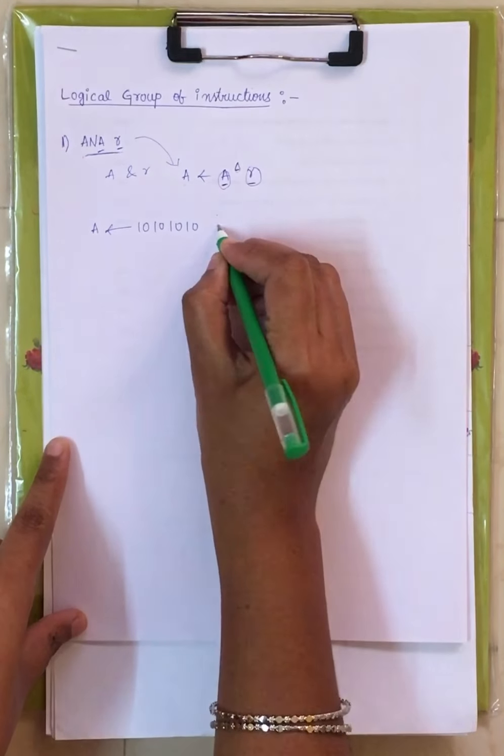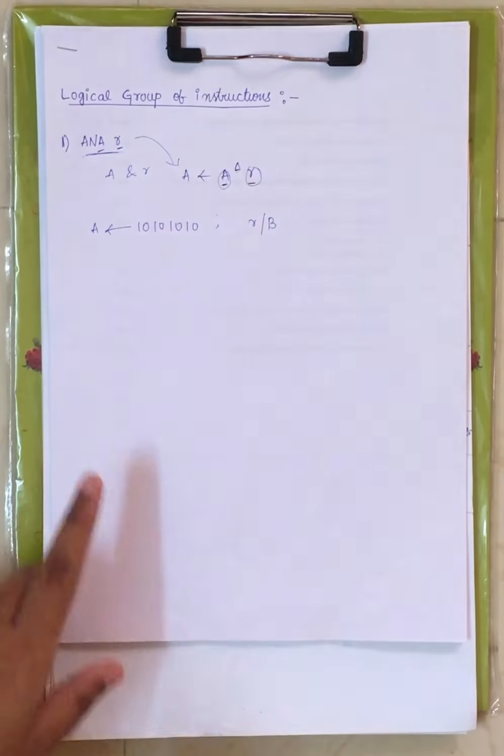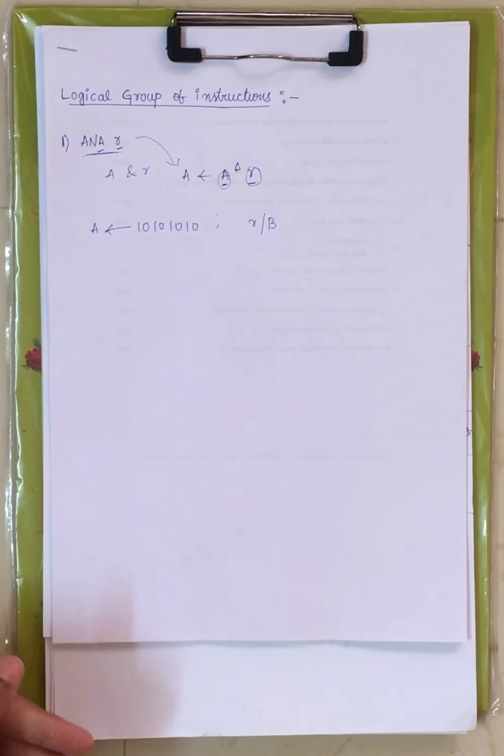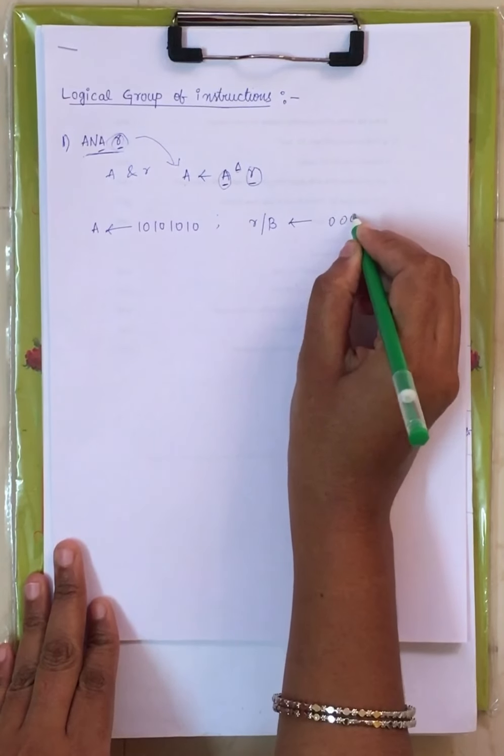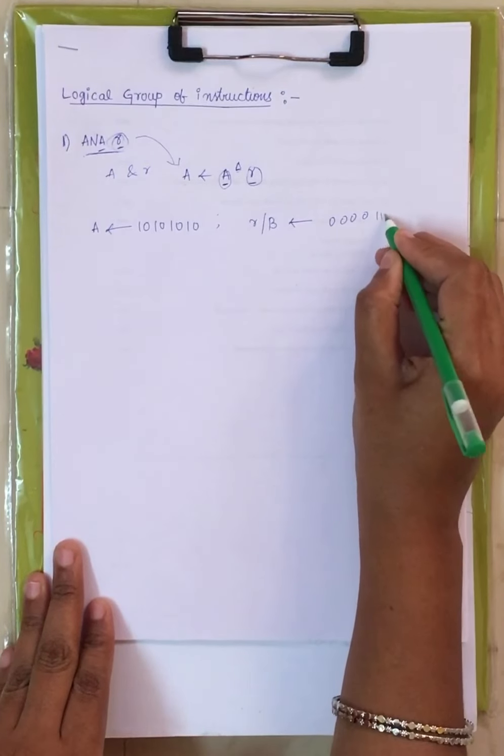Now let us assume the register R, or you can use B. You have B register, C register, D register, E register, and all these are 8-bit registers. B and C together we can use as a 16-bit register, D and E together as a 16-bit register, and similarly H and L together as a 16-bit register. All this we have seen under the architecture of 8085, right? Now the register R, or any register specified within the instruction, is storing the data. Let us assume 0000 1111, four zeros and four ones.